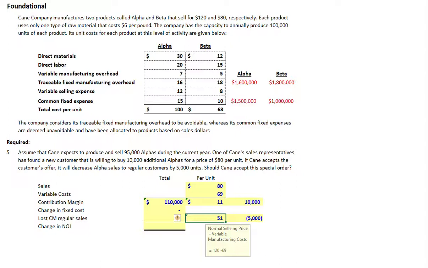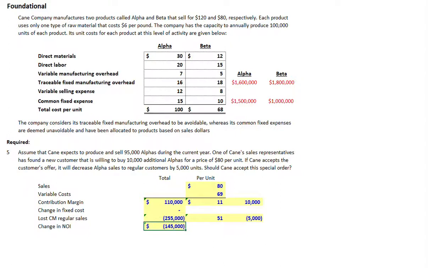That's the $120 normal selling price minus our variable cost, and we're going to lose 255 trade-off for the 110,000 gain. I don't think so. We would be worse off by